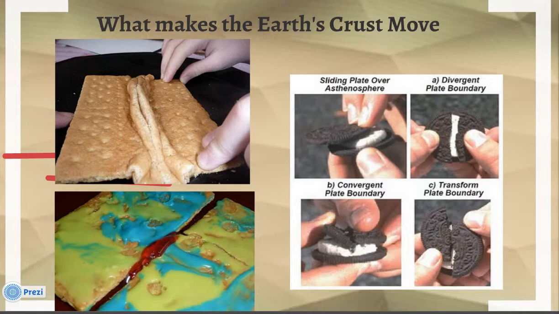Then we're going to be doing activity 2, which is basically 3 stages for the 3 different types of plate movements, because we're going to be watching a video on plate tectonics, and that video is going to be speaking about the 3 types of plate movements. So the 3 stations are going to have different materials, videos, to explain more in depth the plate movement, and then we're going to have also materials so that they can create